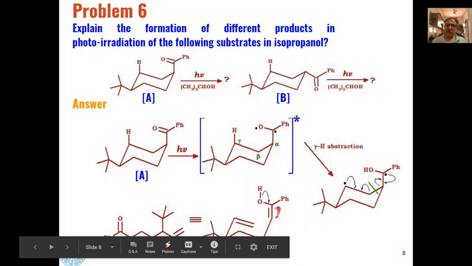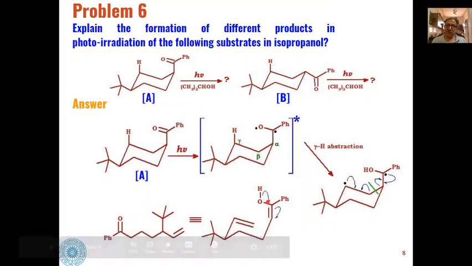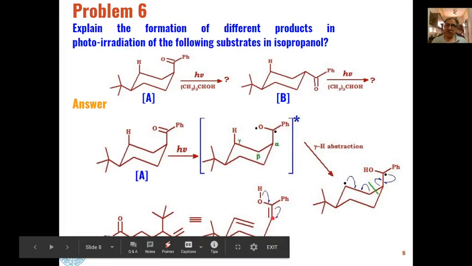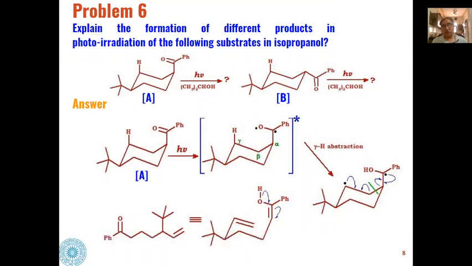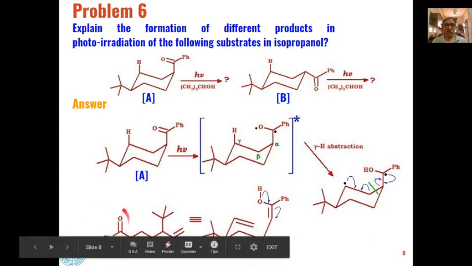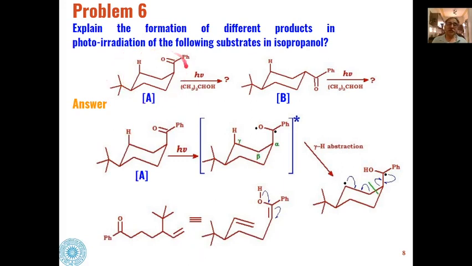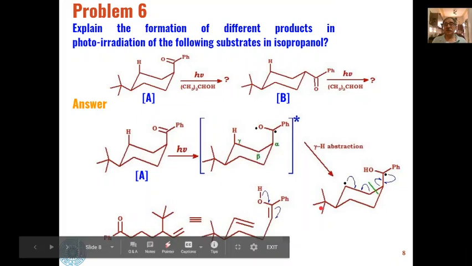And if you see this, this is an enol. So keto-enol tautomerism will take place. This will become keto and this H will be shifted to this place, and you will get this type of aldehyde as the product. Sorry, this type of ketones as the product, and carbon carbon double bond will be present at the terminal carbon. So these are the products when this group is at the axial position. Now the product when this group is at the equatorial position.